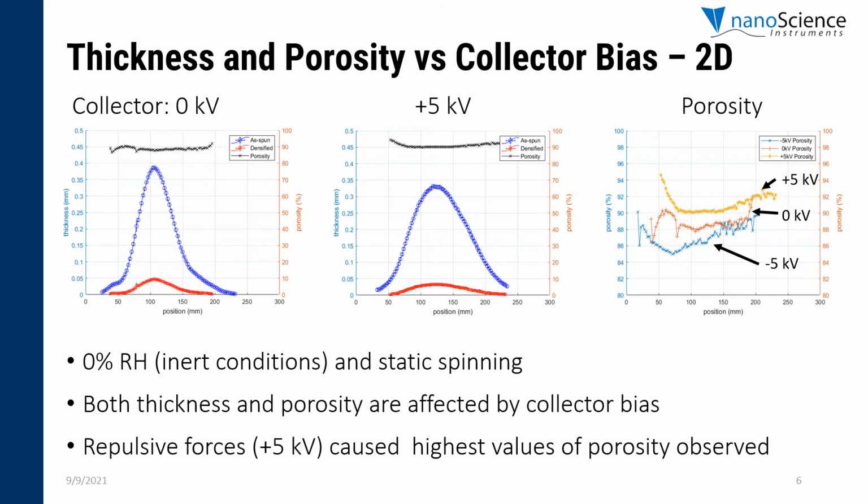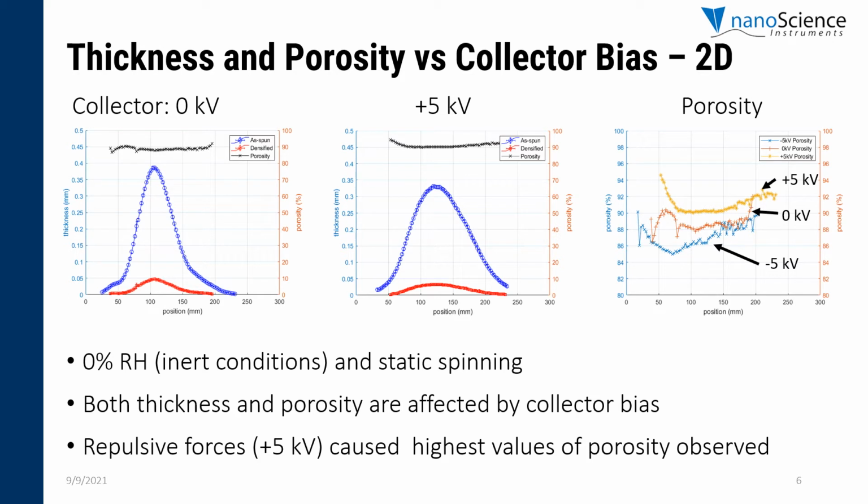Initial results show how the two-dimensional thickness versus position in the axial direction, or across the length of the mandrel, varies by applied collector voltage. At 0 kV, we see the typical as-spun sample morphology where the central position of the sample has a higher thickness, up to 0.4 mm, which in this case is represented with a line in blue. When the sample is densified, significant shrinkage is observed to about 50 micrometers in the central location, which is represented